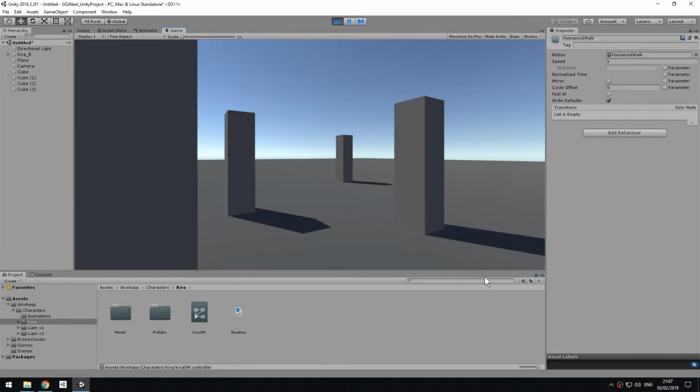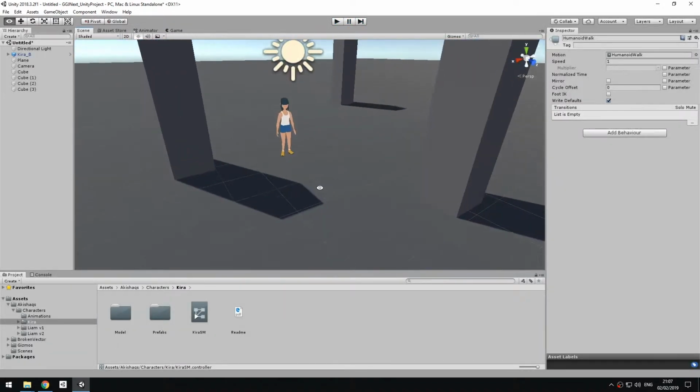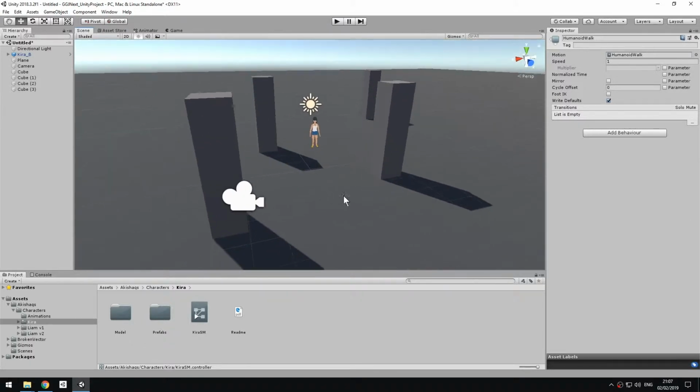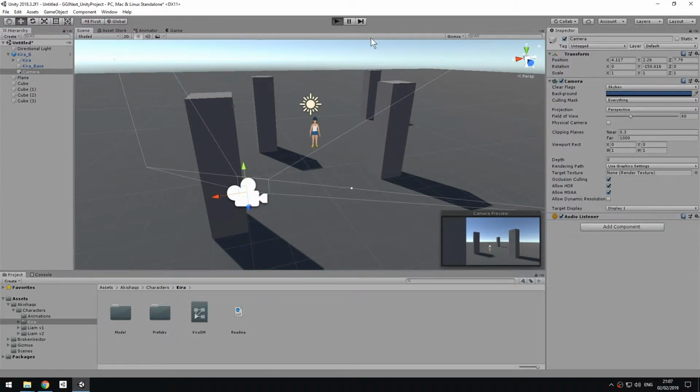But as you can see, she goes out of the view. So we want to set up the camera so that it follows her. Now, as I said, there's a couple of different ways. One is very simple, and it basically consists only in selecting the camera and parenting it to the game object that's moving. And now, you can set up the camera as you want, and if you press play,